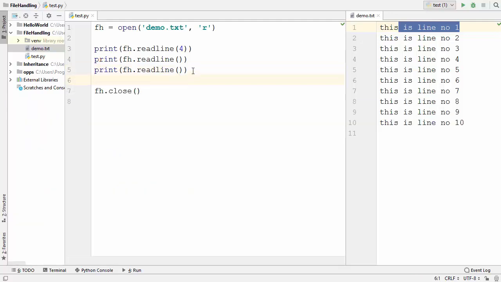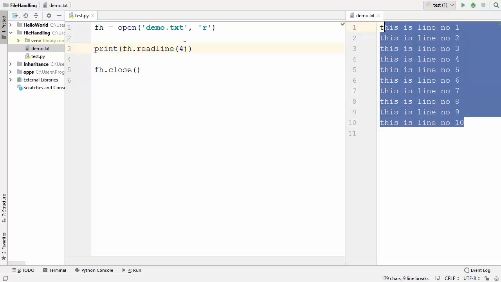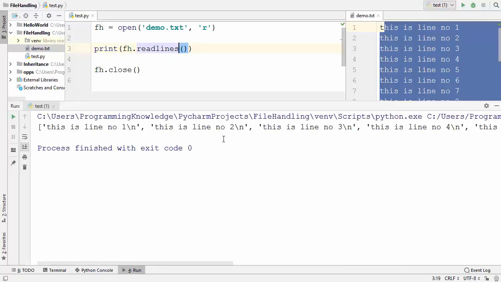Now let's say you want to read all the lines of this file in the form of a list. So you want to read the 10 lines of this file in the form of a list. You can use a function called .readlines. So here you just need to write .readlines, and this function is going to give you the list of every line in the text. So let me run the code first of all, and you can see this is the list which starts from a square bracket,